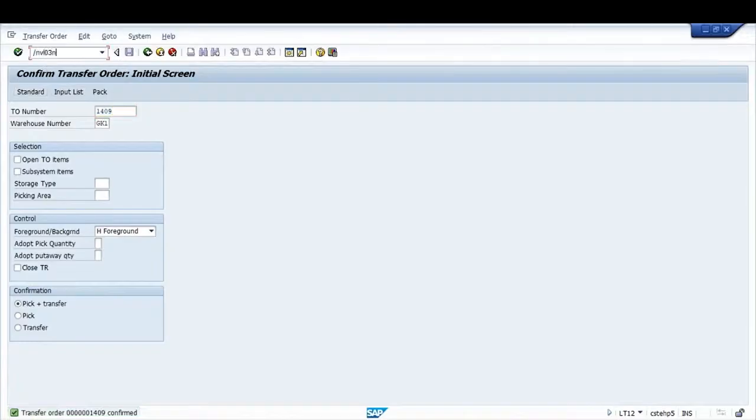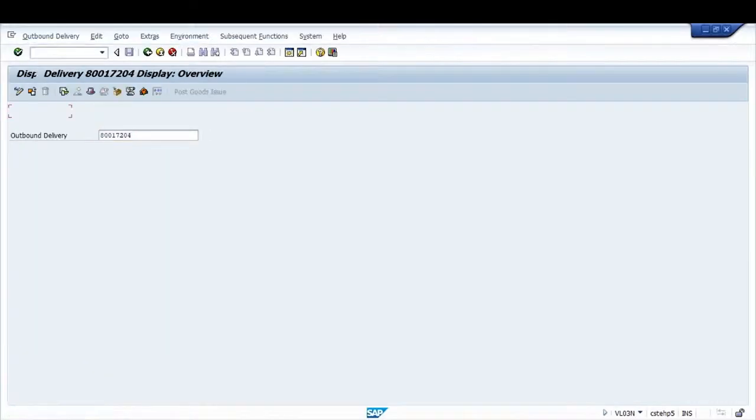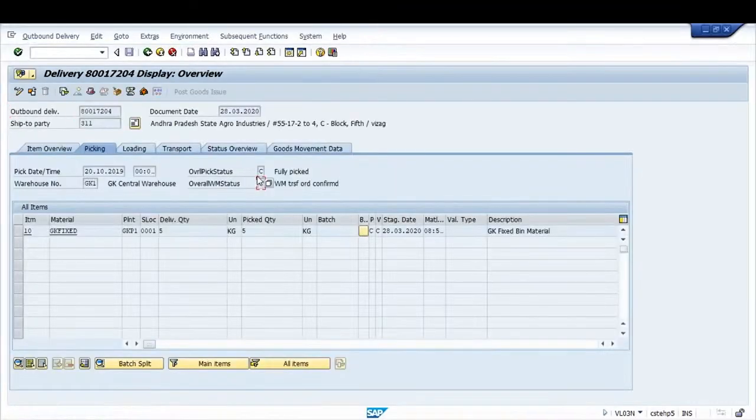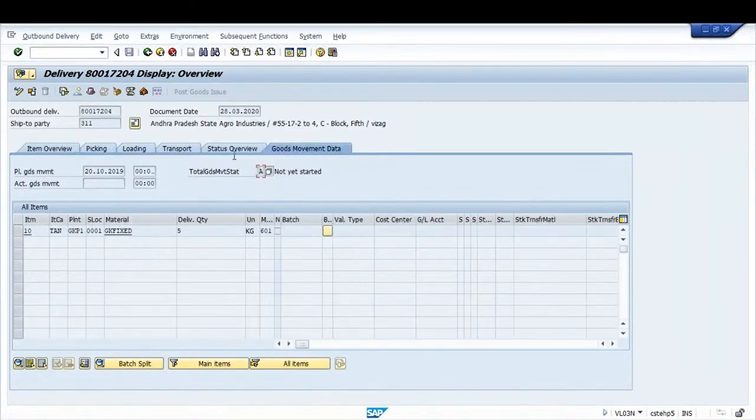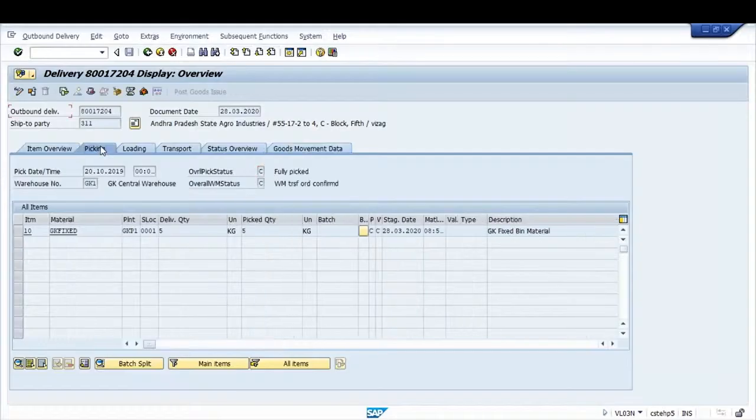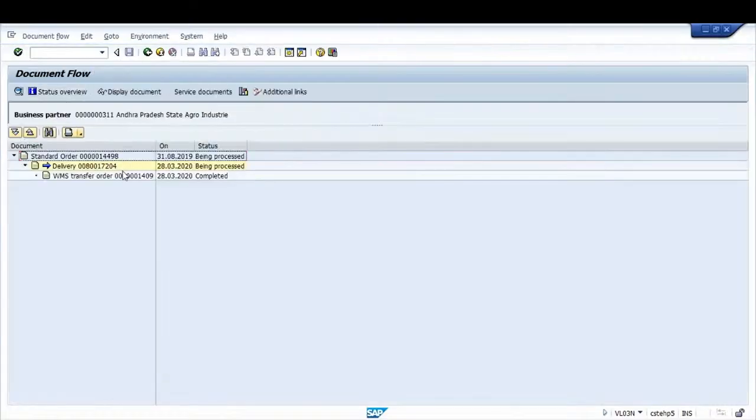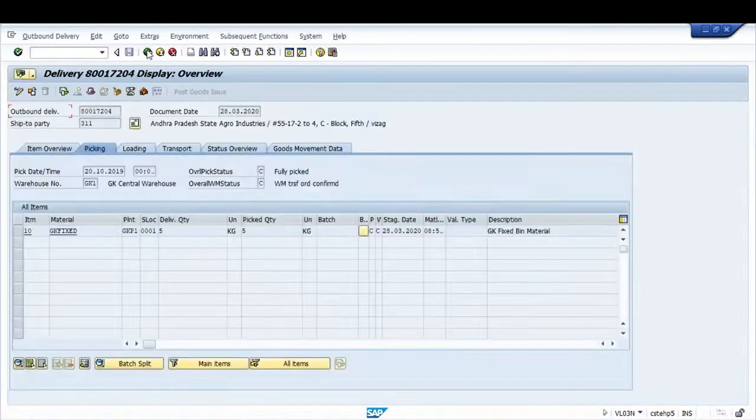Let us see the delivery, how the status is now. See, the delivery is C and C, and goods movement is A. Okay, ready for goods issue. But because of other reasons, or after loading inside the material got damaged or any kind of reasons, you want to reverse the picking confirmation. But we know that once the transfer order is confirmed, we cannot cancel it. So SAP has provided an option called